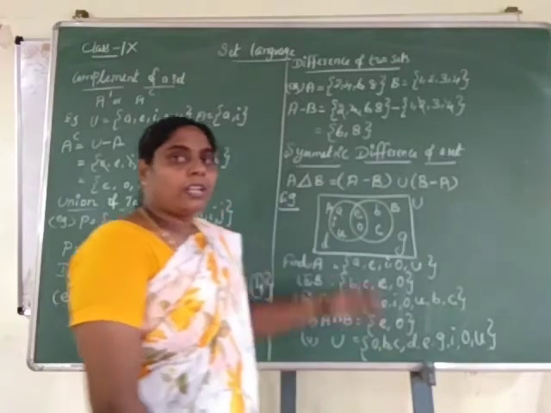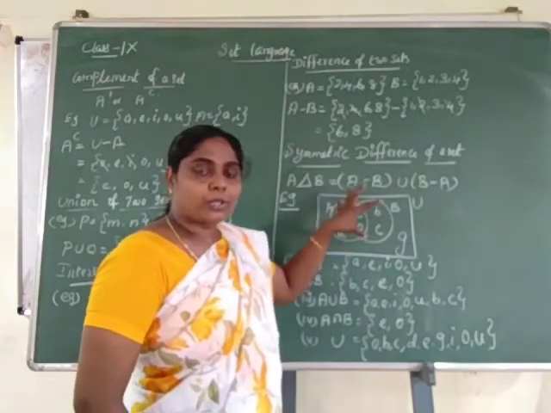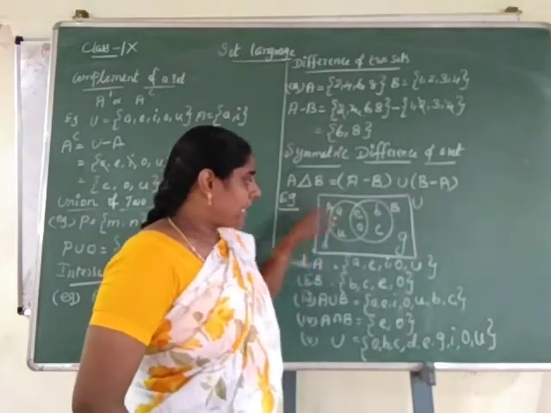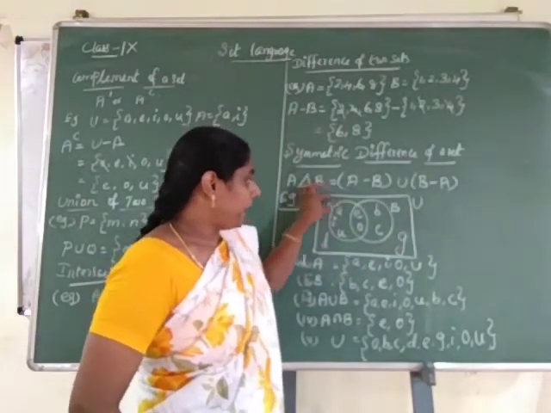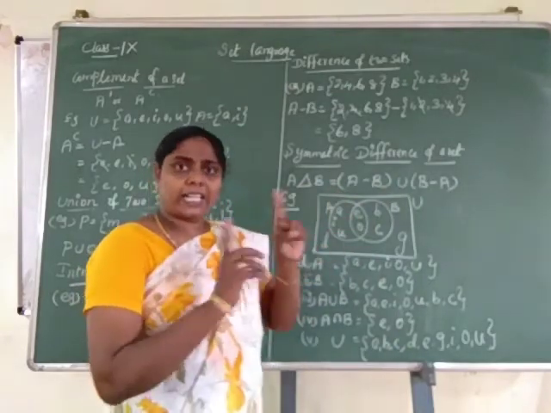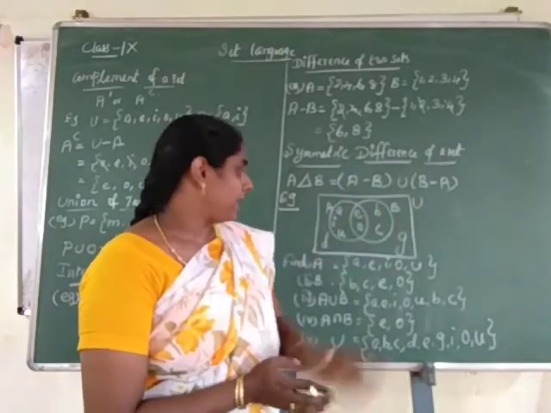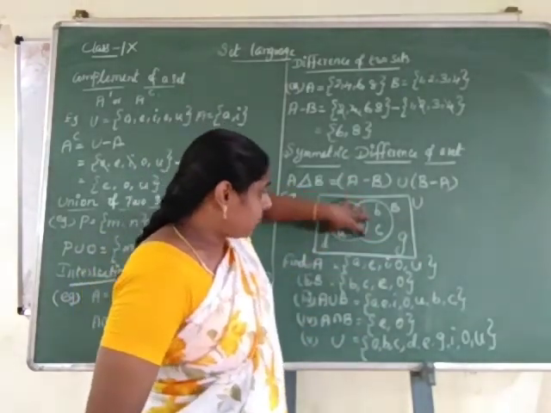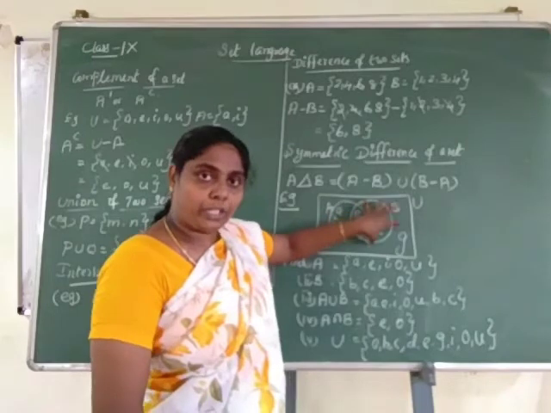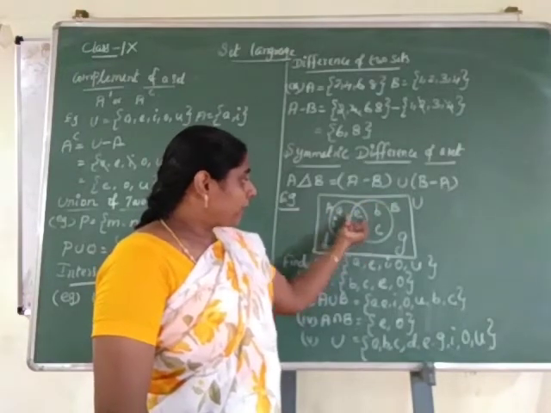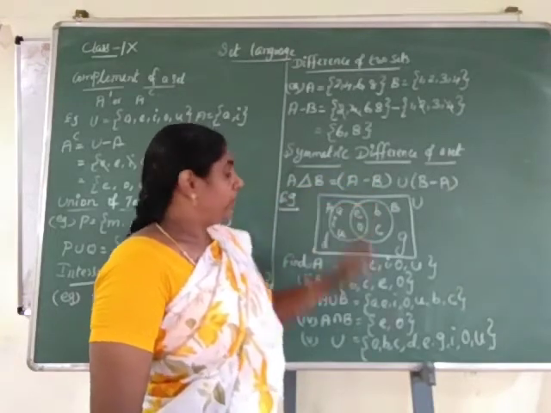Now come to this example. See this diagram: one rectangle and inside the rectangle two circles are given for us. This rectangle represents the universal set, that is U, and these two circles represent the set A and set B. This rectangle we always call the universal set. The circles inside represent set A and set B. All the elements represented in circle A are the elements of A, and all the elements in circle B are the elements of B. This is the common part for both A and B, so the element present inside this common part is the intersection value.